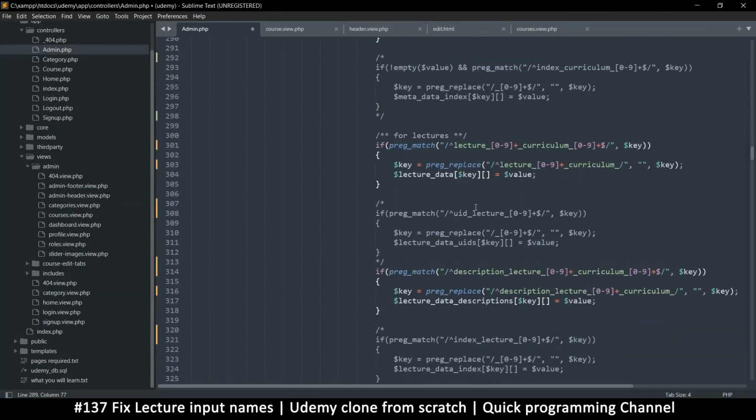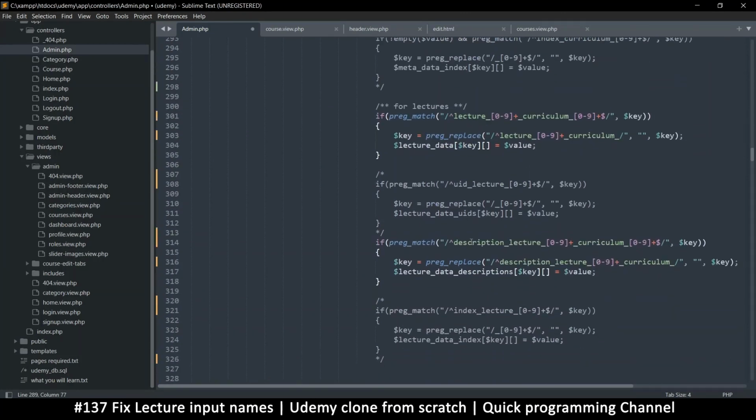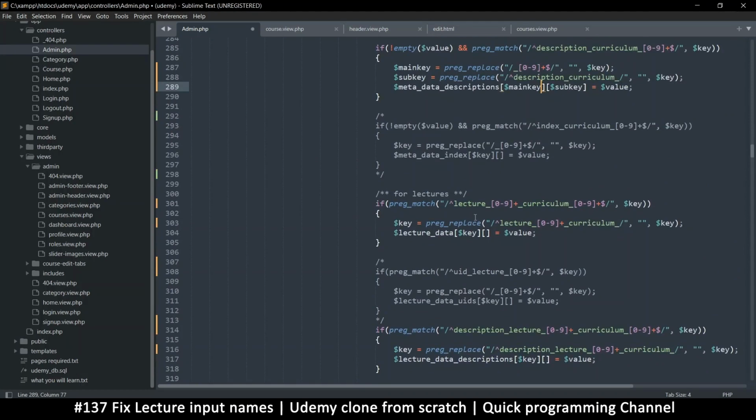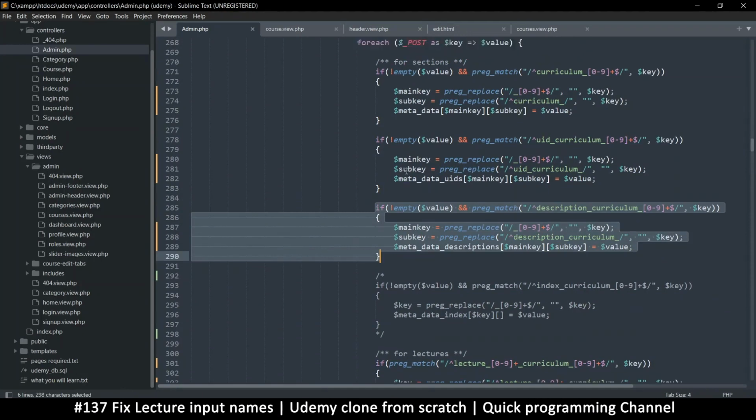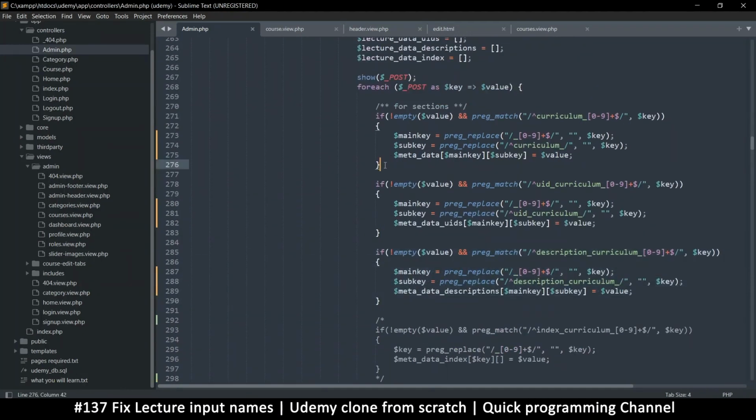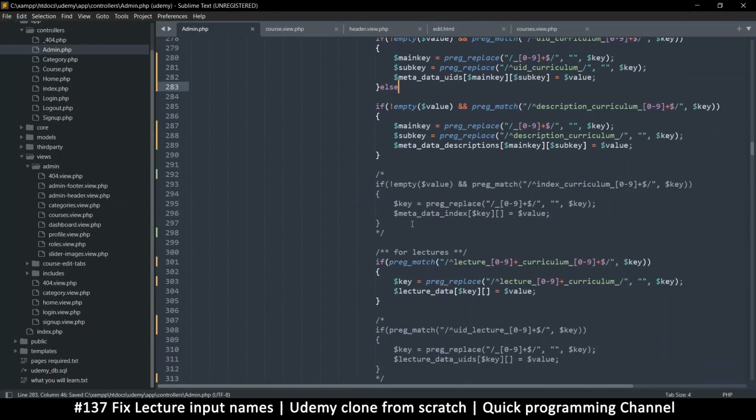So, key. It's one object at a time. So if this if statement is true, then it doesn't go through the others. In fact, we should have put else statements here, just to make sure that it skips the others if it doesn't find what we are looking for in there. Anyway,